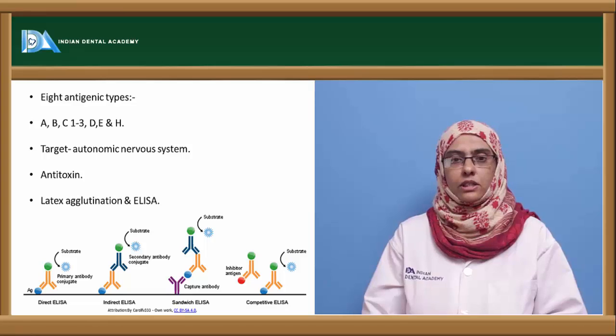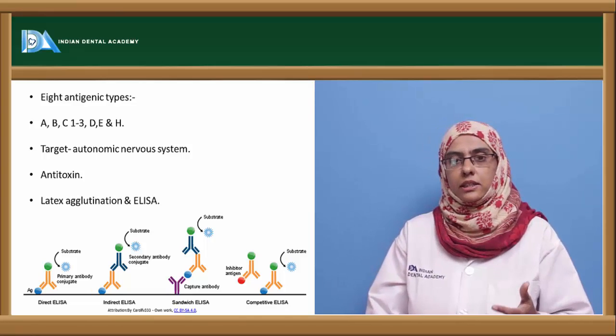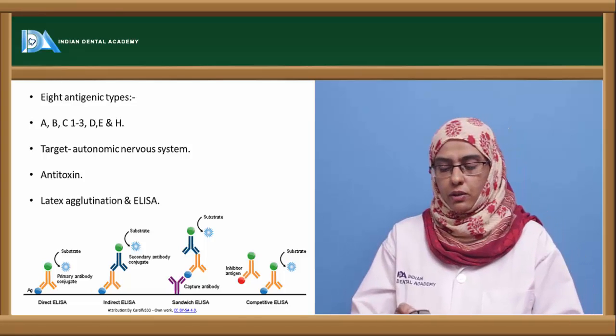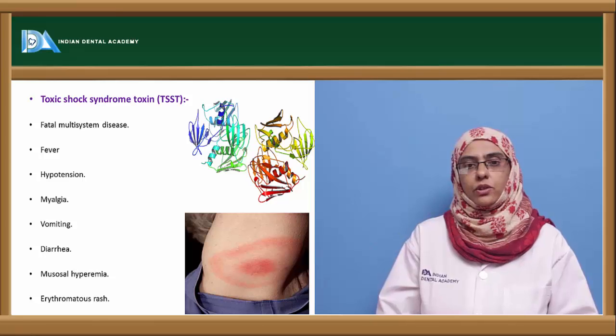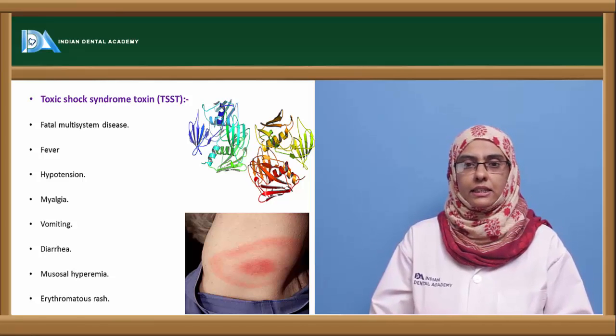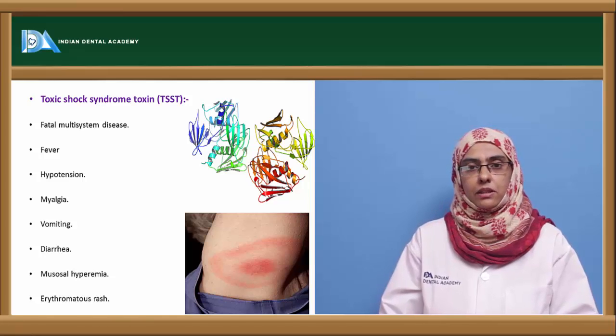So those are the serological tests that are usually used to identify it. This disease is usually self-limiting. You can overcome that particular disease within 3 to 4 days. Next is toxic shock syndrome, called TSST, and it is a fatal multi-system disorder or